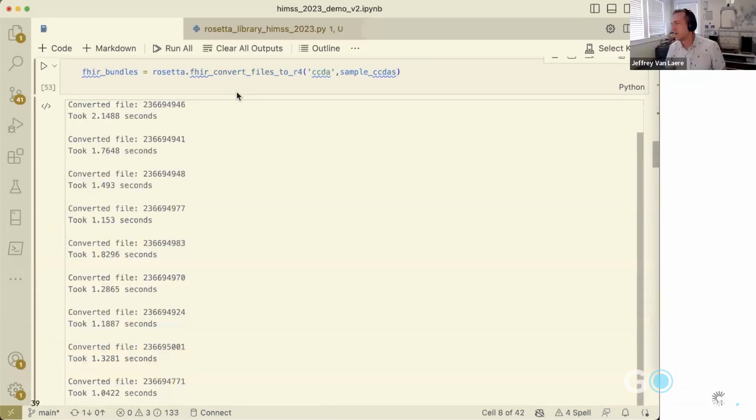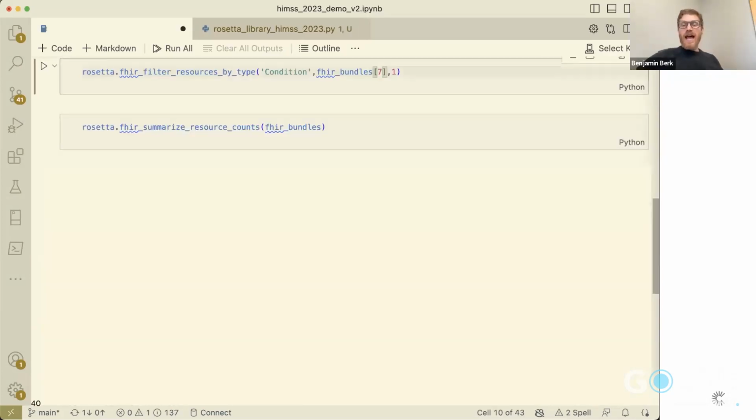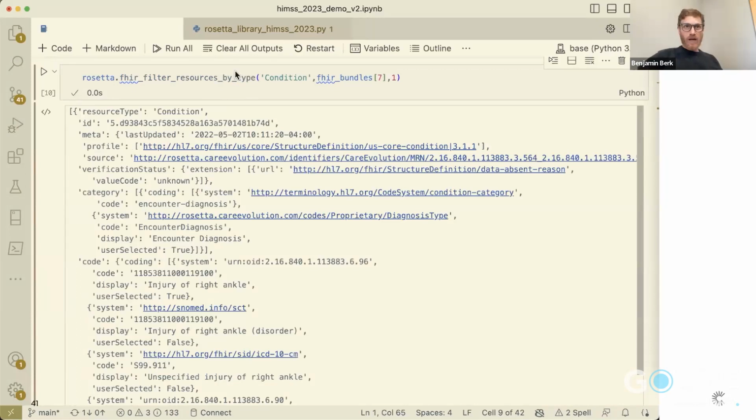Okay. So it's like that first step, you're converting it to a different type of file. Yep. Okay. Took a few seconds. And now we can see, I'm showing here just one of the bundles, one of the resources in one of the bundles that was returned from that API. So for each of those CCDA documents, we now have a single FHIR bundle. I'm looking at FHIR bundle number 7, and I'm looking at the first condition in bundle 7's list of conditions.